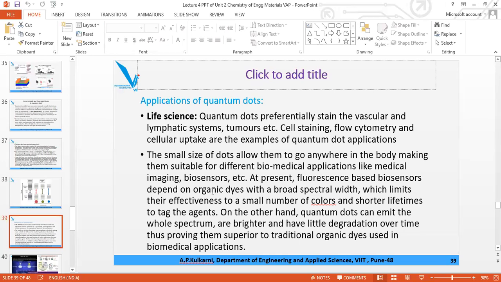And if that organic dye is harmful, not hygienic or poisonous, and it remains in the body, then side effects are seen. That is why we want a stain which will remain there only as long as the testing is going on. Suppose the MRI goes for 45 minutes, so our carbon quantum dots will keep that particular organ colored only for 45 minutes, not later than that, so that you will not have any harm from that.